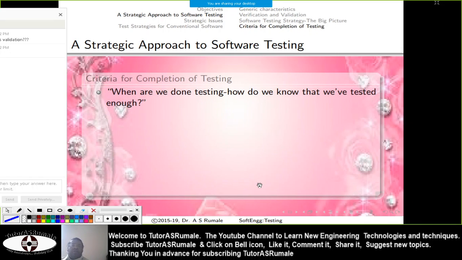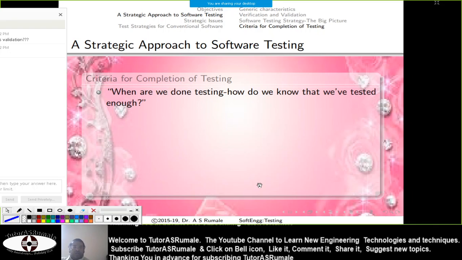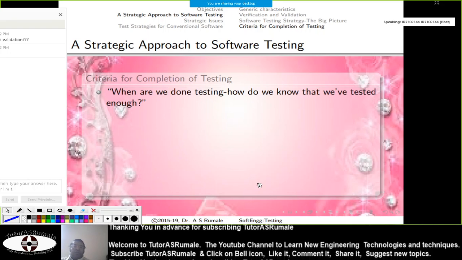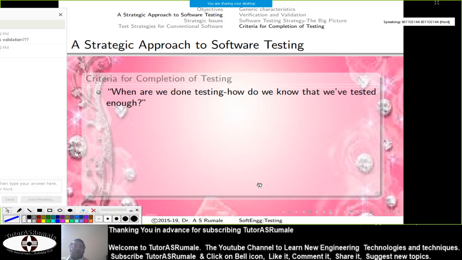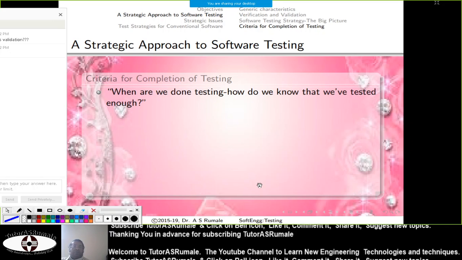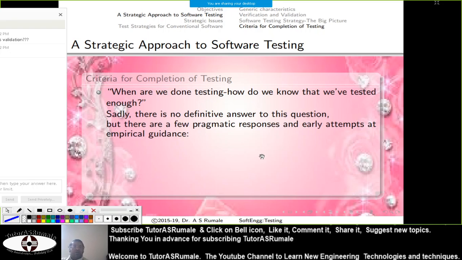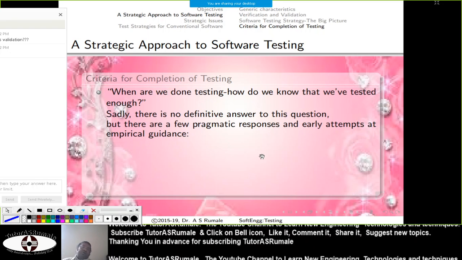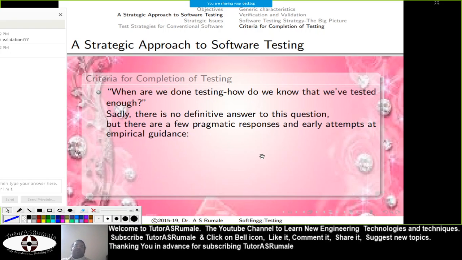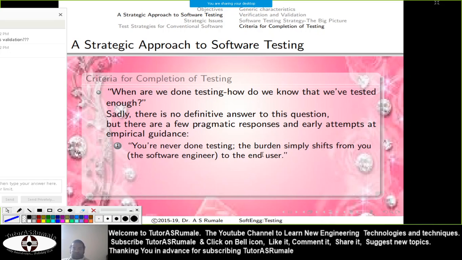So when are we done testing? How do we know that we have tested enough? This is the first question you have to ask, and I am speaking very bluntly. You will never come to know when you are done testing, or whether what you have done is enough or not, because there is no definite answer to this question. You have to test your software continuously, because every time you need to go for a new advanced version of your software, and so you need to retest each and every time.